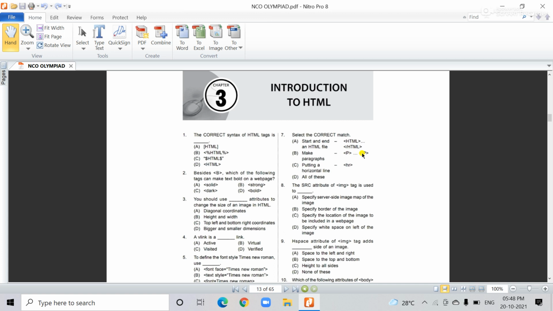So P stands for paragraph. Such kinds of tags are required. There are two types of tags: container tag and empty tag. For the students of class 8, HTML is in your syllabus. All of you go through it, because it includes ordered list, unordered list, definition of the tags, table, how to create a table, link, page background, and text format. So now let's start the chapter.